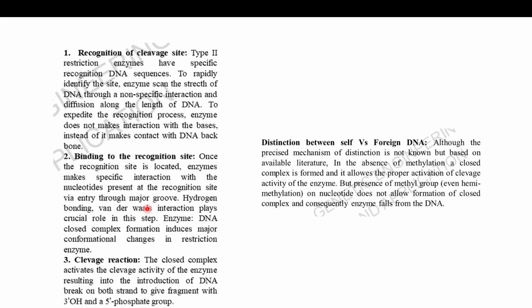But in the presence of a methyl group, even hemimethylation. Hemimethylation means the residues on both strands are not methylated to the same extent; only some residues on one strand are methylated, and the residues on the complementary strand aren't methylated. The presence of a methyl group, or even hemimethylation, on a nucleotide does not allow the formation of the closed complex, and consequently